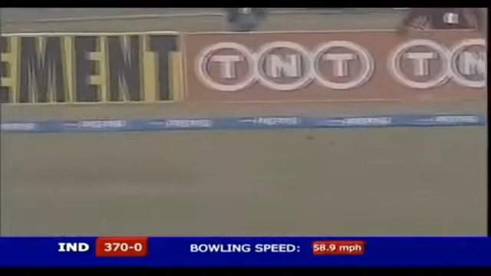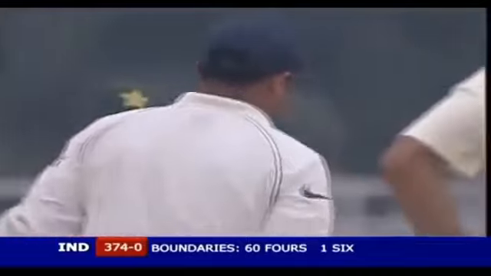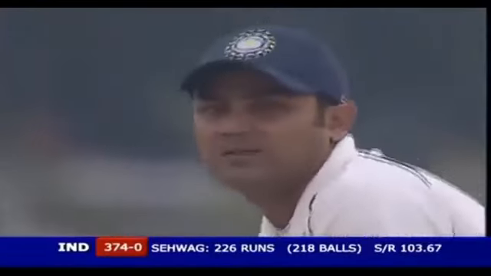Just runs it away for another boundary. Doesn't even bother to run. Why would you? No need to. That's 42nd boundary for Virender Sehwag. That was a quicker one. And all he did is just put it in the place, with this huge gap there. Nicely played. Very late. And this outfield is lightning.